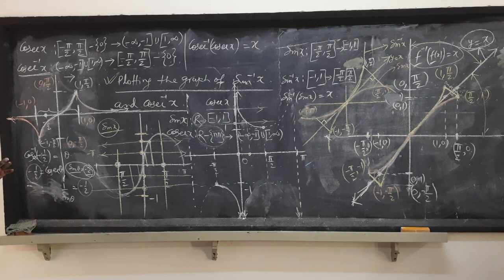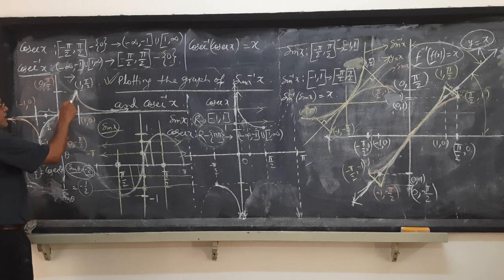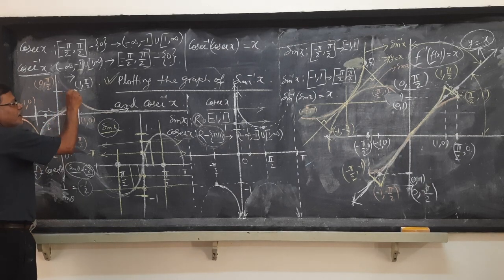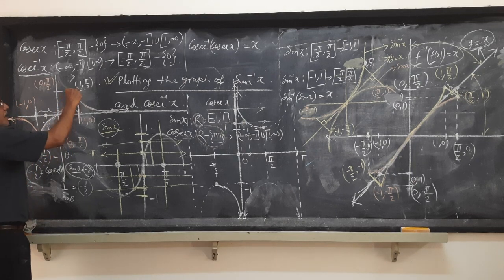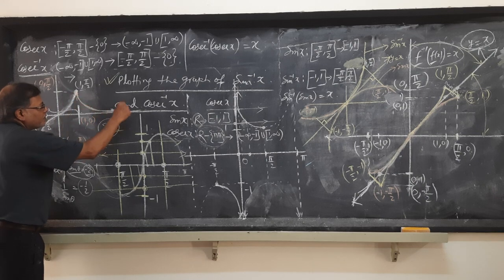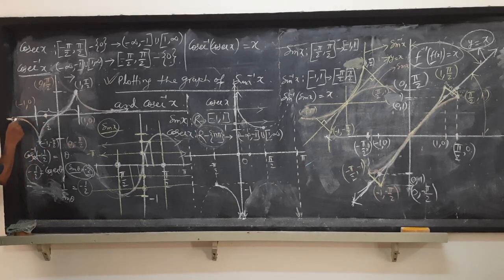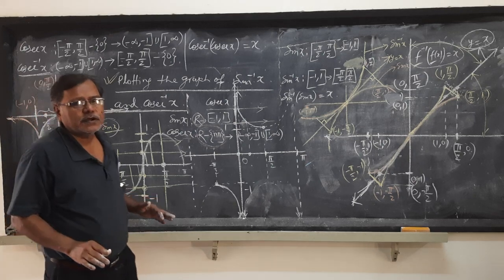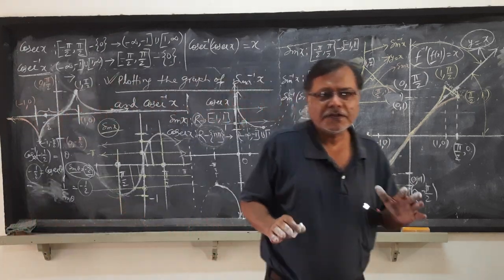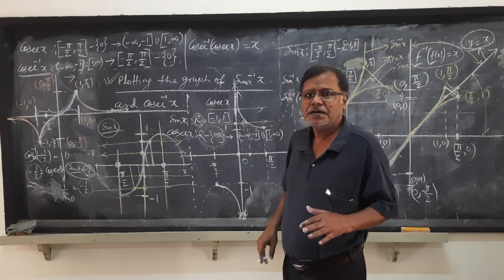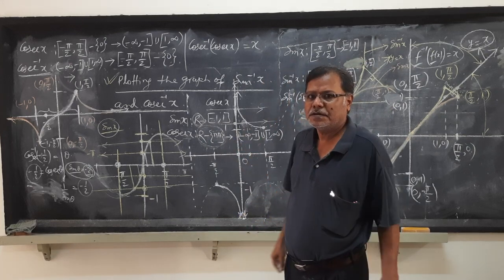So this is the connection between the plotting of the graphs of sine inverse x and cosec inverse x. You plot sine inverse x, and from the points where the sine inverse x graph terminates on the two sides, you just cut it. This part is cut and fixed over here, and this part is cut over here and fixed in the opposite direction, taking it as a rotation. I hope the plotting of the graphs for sine inverse x and cosec inverse x is clearly understood. Alright, thank you.